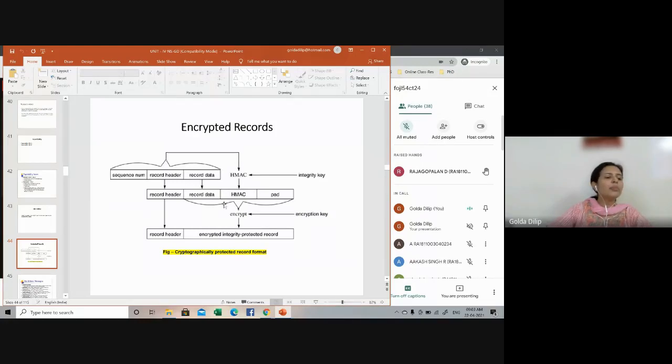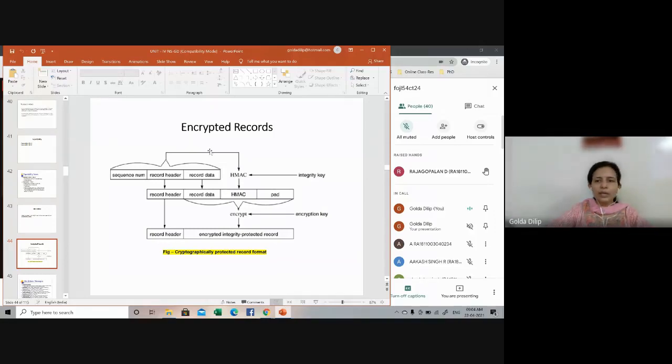I hope you remember this protocol. It was a single byte protocol, a single message with byte 1, which causes the pending states to become the current state. So all the records following this will be protected with the cipher suite that has been agreed upon. This is taken care of by the change cipher specification protocol.